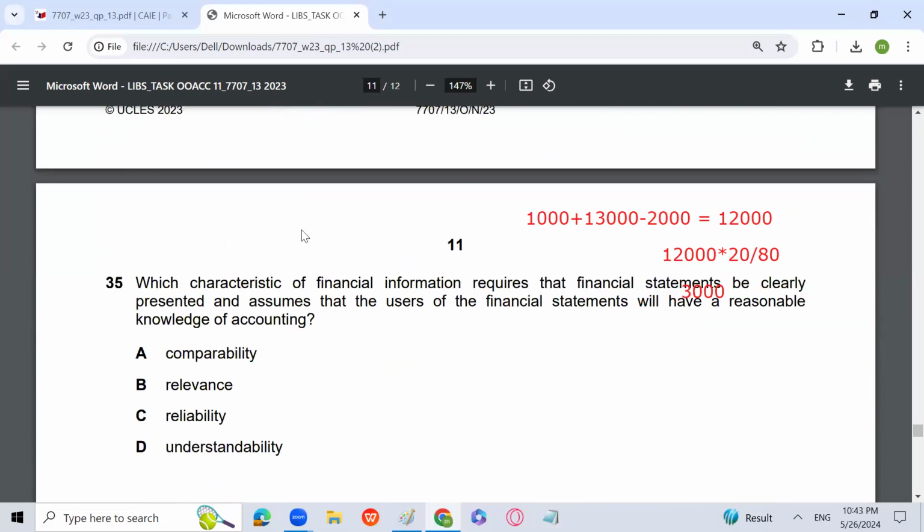Which characteristic of a financial statement requires that financial statements be clearly presented and assumes that the users of the financial statements will have a reasonable